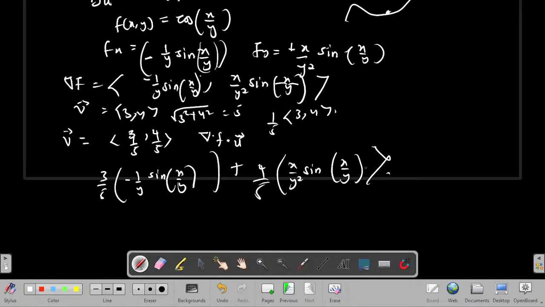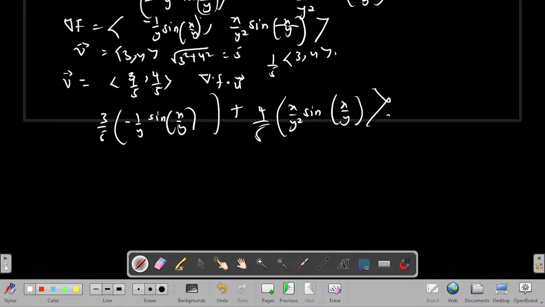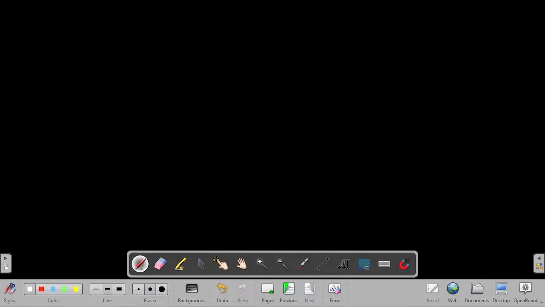So once you have this direction, so this directional, that is the end of directional derivative. So let me solve again. So let's solve